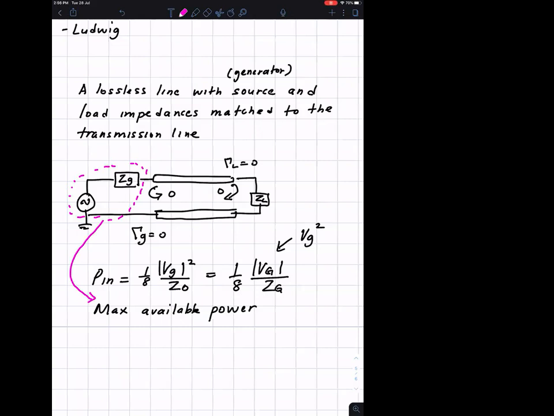Okay, still, even though there's no reflection, this is the formula for maximum available power from